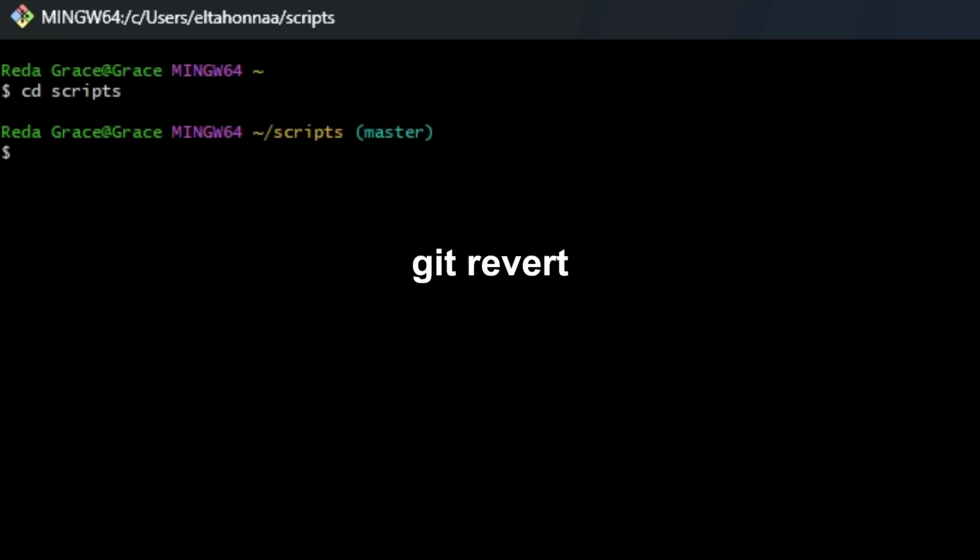Git revert doesn't just mean undo. Instead, it creates a commit that contains the inverse of all the changes made in the bad commit in order to cancel them out. For example, if a particular line was added in the bad commit, then in the reverted commit, the same line will be deleted. This way you get the effect of having undone the changes, but the history of the commits in the project remains consistent, leaving a record of exactly what happened. So git revert will create a new commit that is the opposite of everything in the given commit.